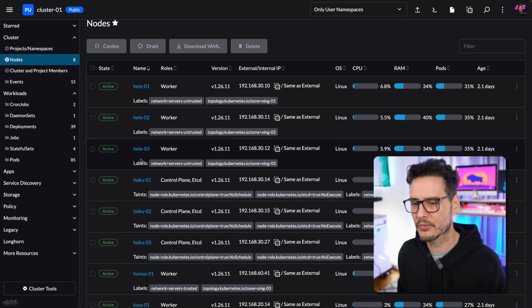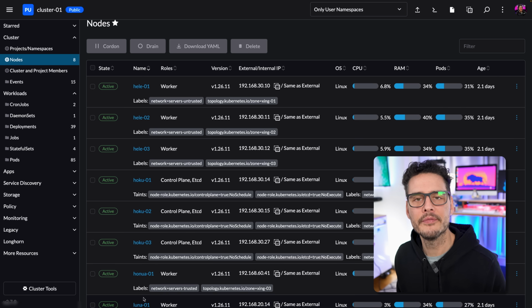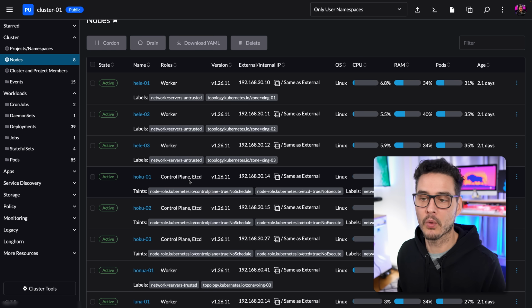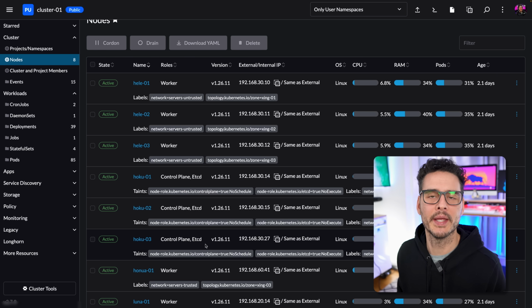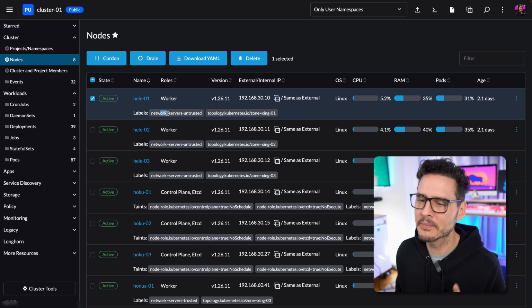But if we want to dive into the nodes that are running in this cluster, I have 1, 2, 3, 4, 5 nodes that are workers. So these are running workloads. And then I have 1, 2, 3 that are running control plane and etcd. So what does that mean? Well, 5 of them are running all of the workloads that I put on there. And then 3 of them are running Kubernetes itself, running the control plane to communicate with the entire cluster, and running etcd, which is the internal database for it to store all of the Kubernetes information and metadata about the cluster.